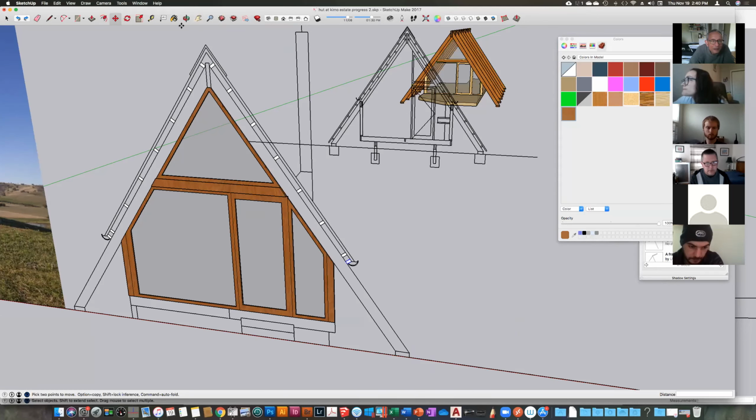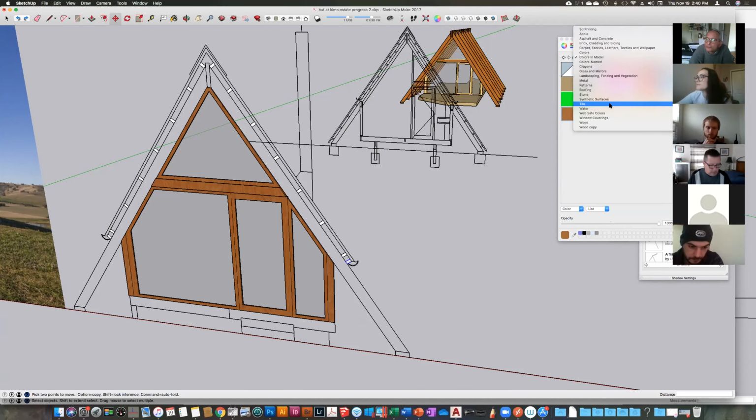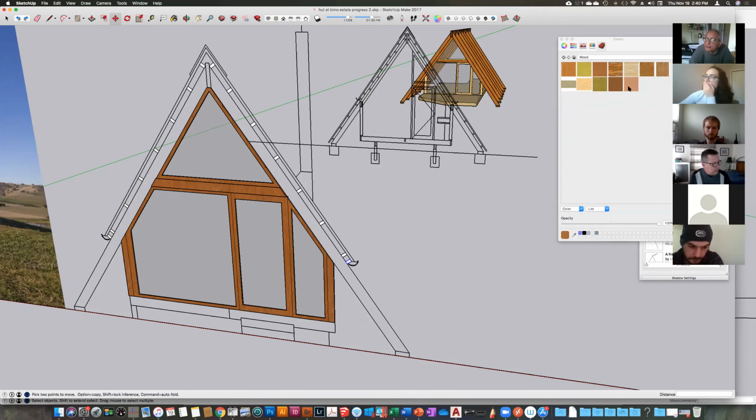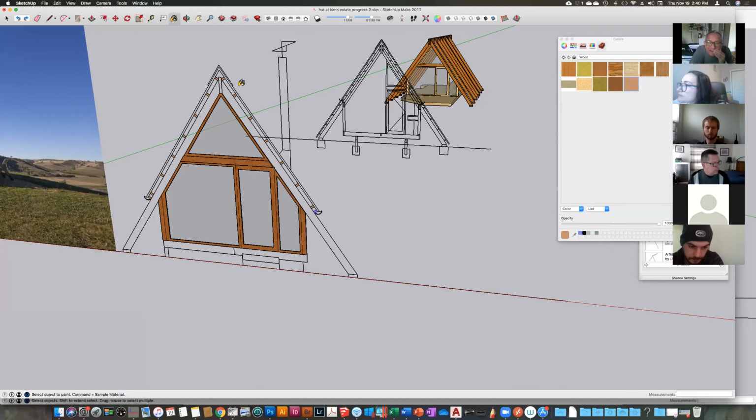So let me paint these. I'd like a contrasting wood. I have one. Wood. I should have painted them before, but this gives me a moment. Applying materials can be very soothing. You sort of give your brain a rest. Okay. Yeah, I should have actually probably copied them in 3D, but